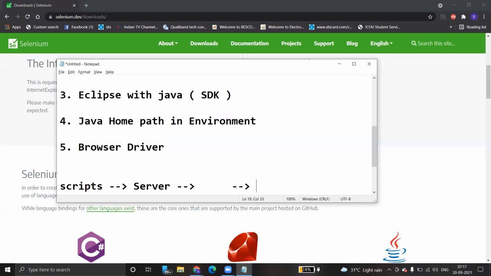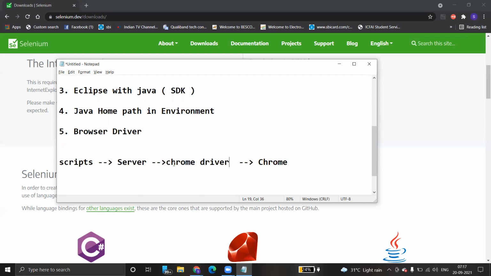If it is a Chrome browser, we need a Chrome driver, which is pretty much required. If it is IE, we need to download the IE driver. If it is any other browser, we have to download the respective browser drivers.